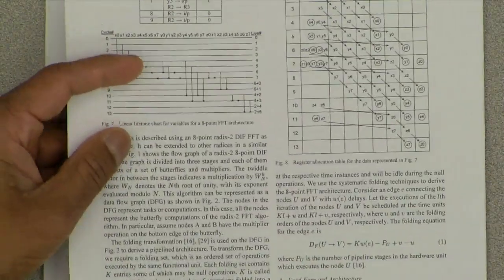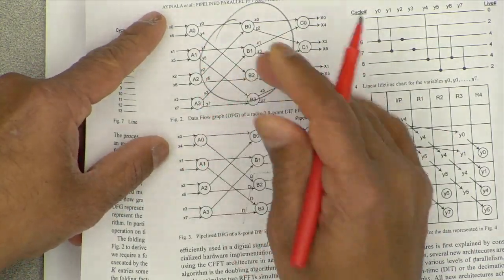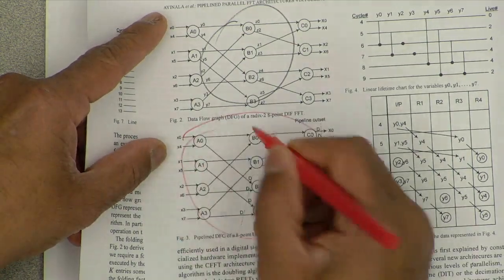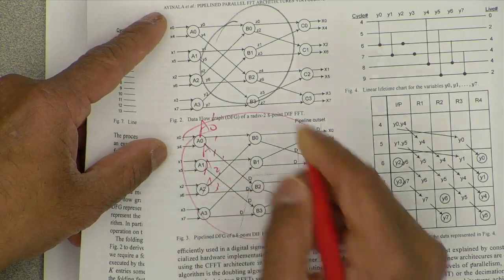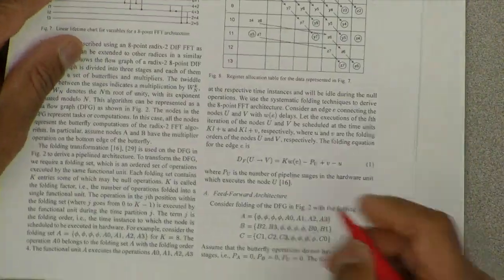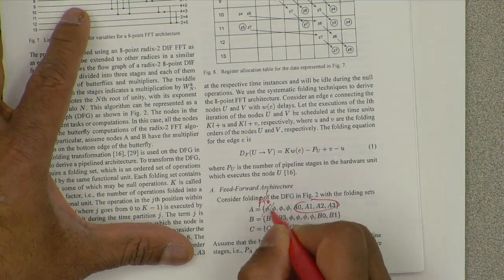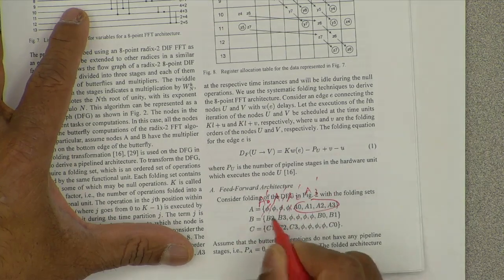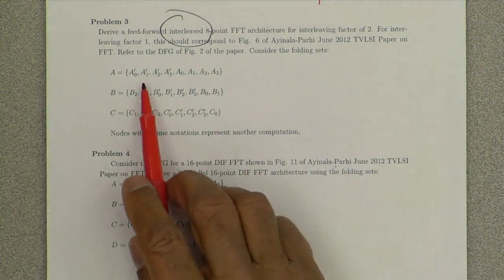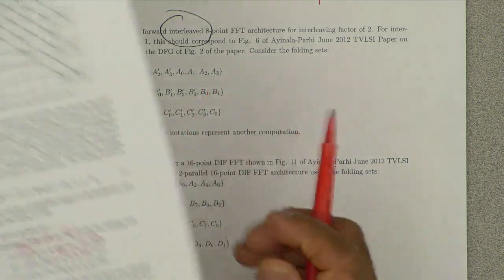So think about having two of these, A0, A1, A2, A3, and think about another one sitting below that. Everything is the same: A0 prime, A1 prime, A2 prime, A3 prime, B0 prime, etc. And now think about whatever was A0, A1, A2, A3. Now you replace these null operations by A0 prime, A1 prime, A2 prime, A3 prime, and then similarly here. That's what I'm trying to tell you. So now this is two 8-point FFTs being computed in an interleaved manner.